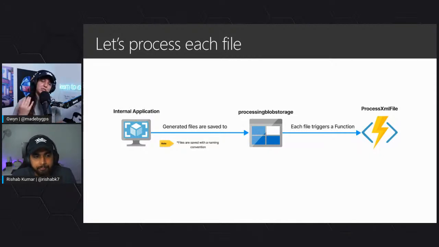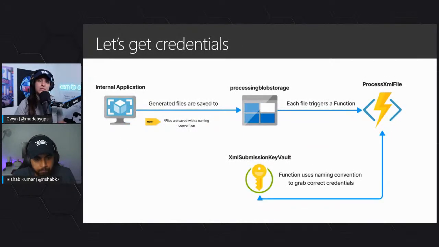Okay, so yeah, we know that as soon as a file hits a blob storage, each file, not just a group of files, each file, so we're talking about 50, 60 files, is going to trigger this process XML file here too. Now, remember that I said there was a naming convention. So the files were being saved, for example, company name dash something .xml. That naming convention was important because that is what the function would grab, the name of the file, and then go to Key Vault. It's like, okay, Key Vault, return me the credential that matches this naming convention. So you see there's a two-way arrow here because Key Vault would return that credential to the Azure function.